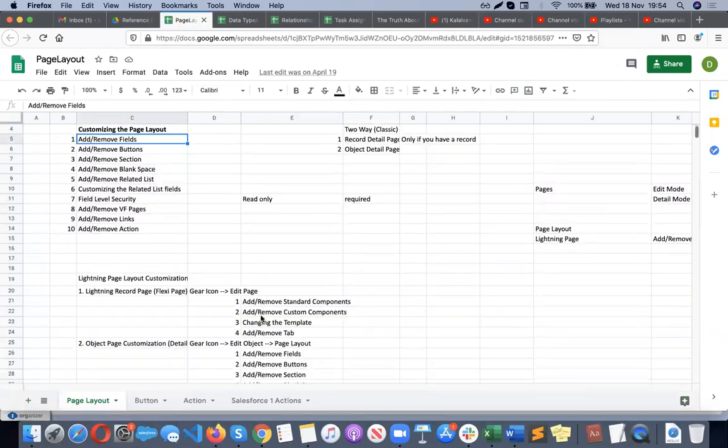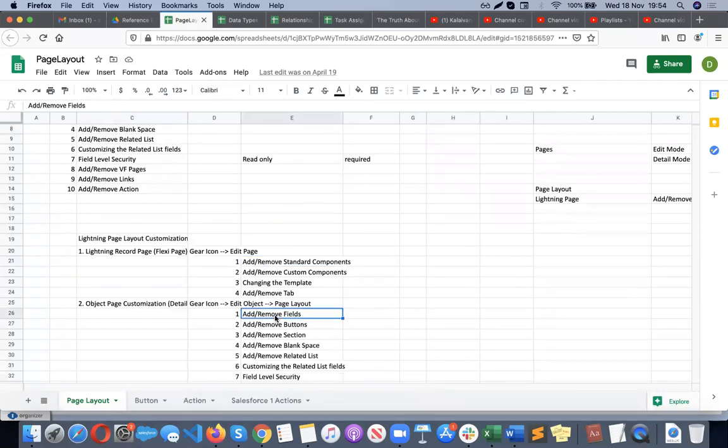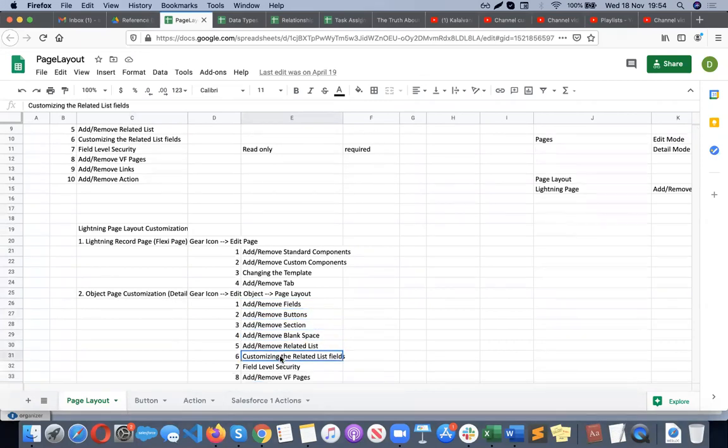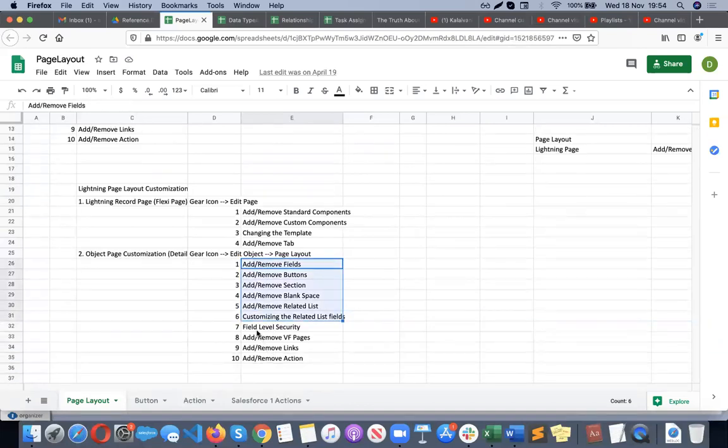Okay, and here, add or remove standard component, which I will show you now. We will finish these sections and then we'll go. We know how to add or remove fields, the buttons, sections, blank space, related list fields, up to 6 we know. Okay, now let's look at the next one, field level security.